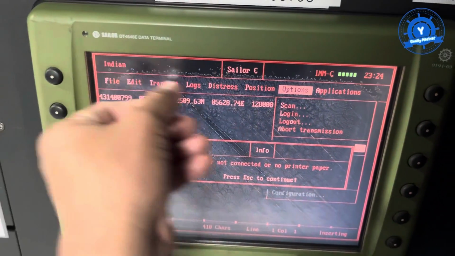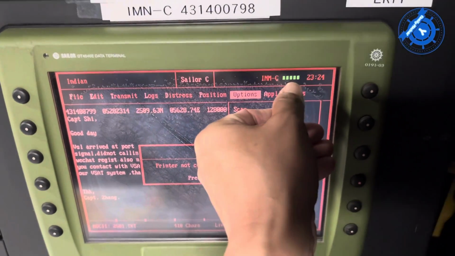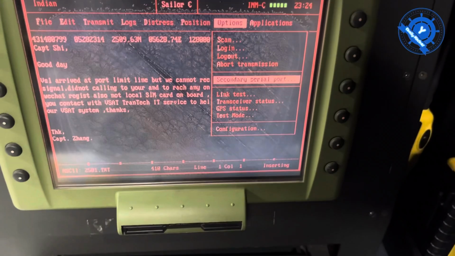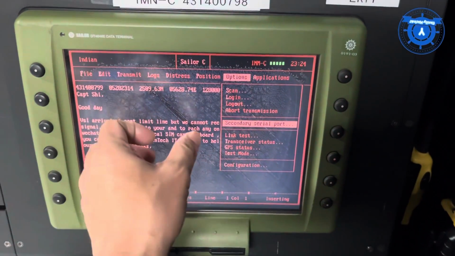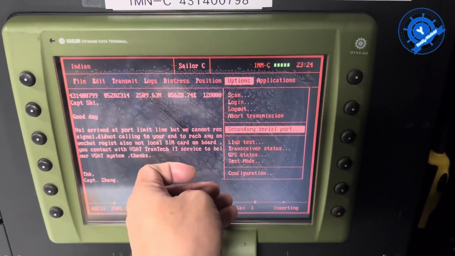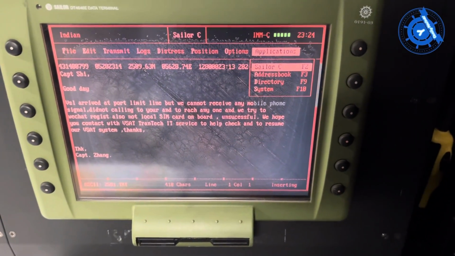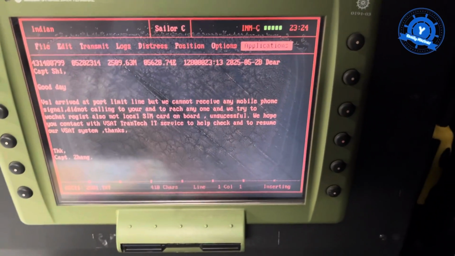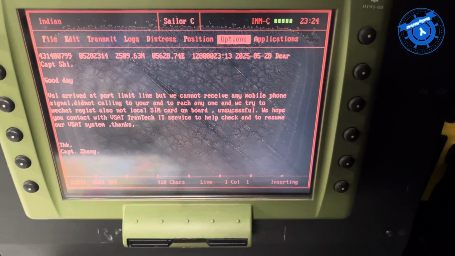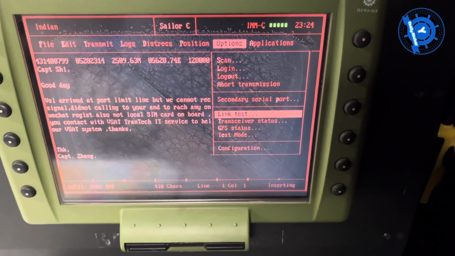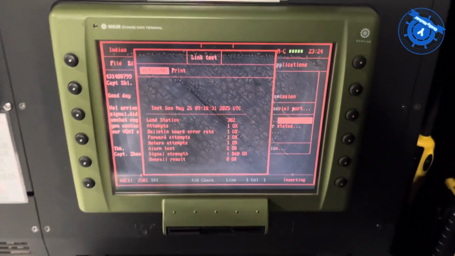Now I already tried the Indian Ocean and also the emergency. The green signal is the strong signal, and also this emergency every week, month, and before departure, the test must be understood, this LANE test.